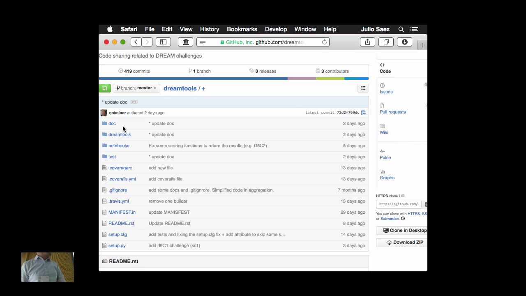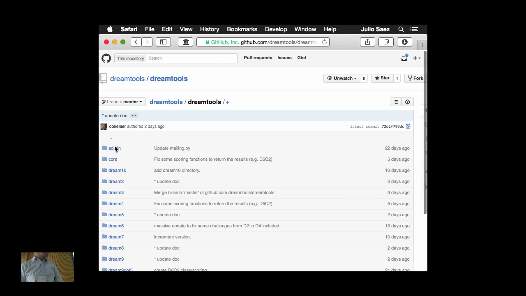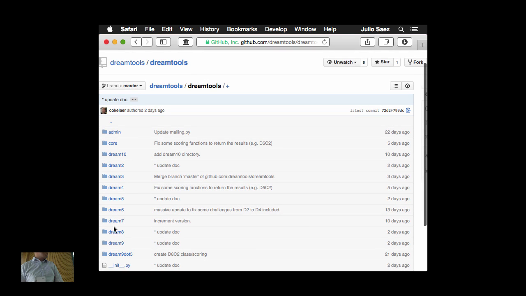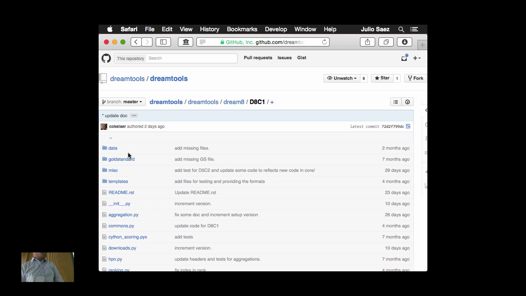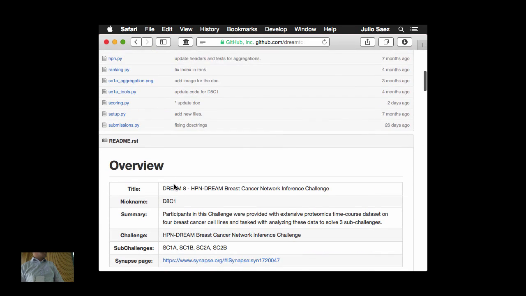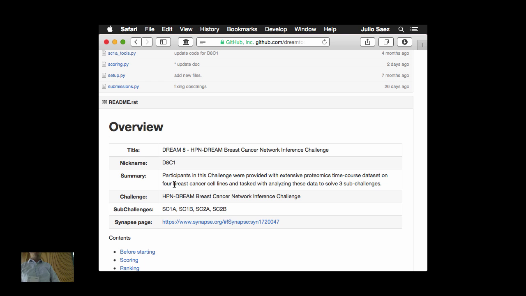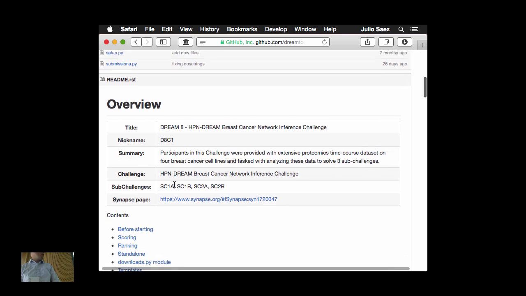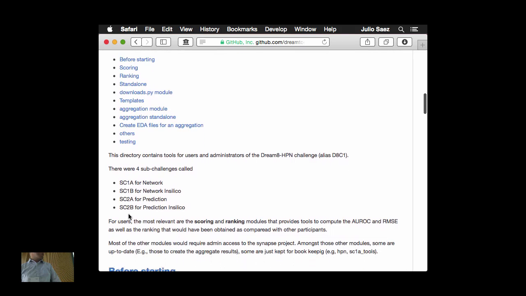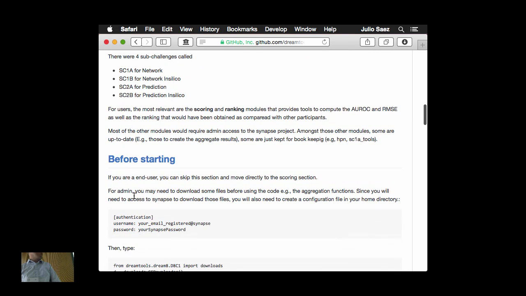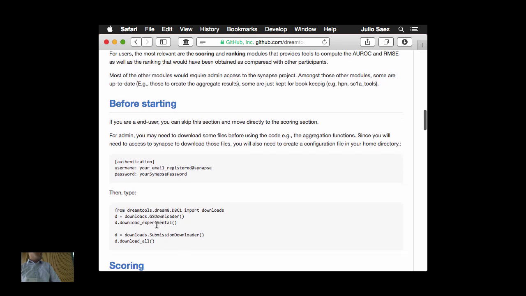So if you drill into the folders here, Dream Tools, this was the Dream 8 challenge, and it's the first challenge. There's lots of documentation about what the scoring algorithms actually were and how to run it. There's nice documentation about each of the sub-challenges, how to get things going, how to set up your Synapse configuration so that if you have to pull anything from Synapse, it automatically creates the hook and logs you in,